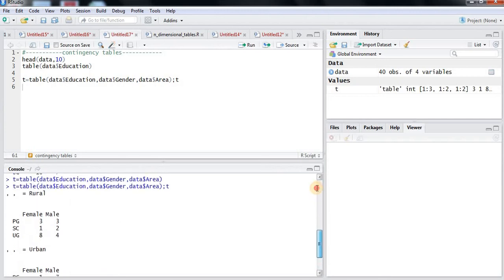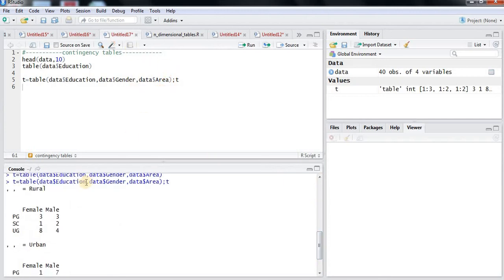For urban and rural there are two tables prepared, and since there are 3 variables, the table is created as follows. The last variable is the variable as per which there are 2 tables prepared. So since area is the last variable, it has created 2 tables as per area, rural and urban wise.